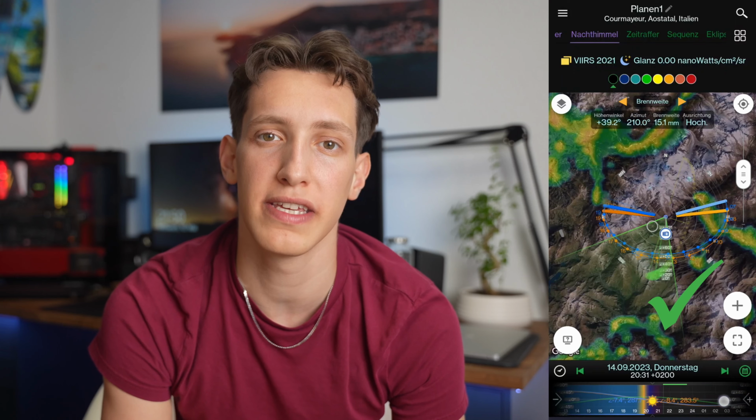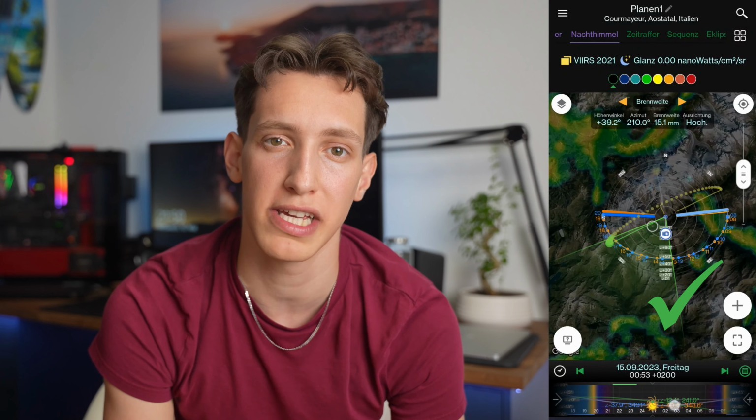In this app you can see the light pollution as well as where the Milky Way is. Another app I use a lot is PhotoPills. Both are a little more complex but offer a ton of useful tools. If you want a tutorial on these apps, just let me know in the comments down below and I'll make a video about them. If you don't want to pay for any apps, you can also find free tools like